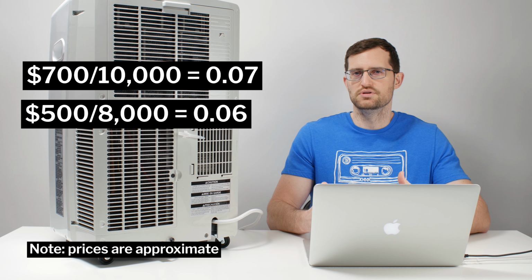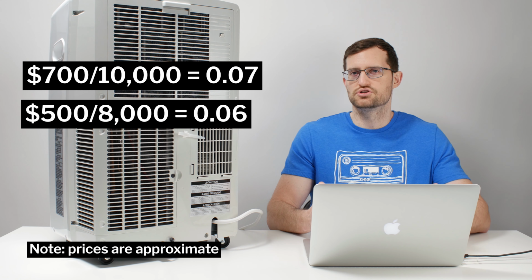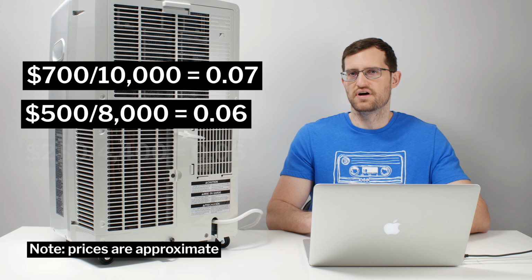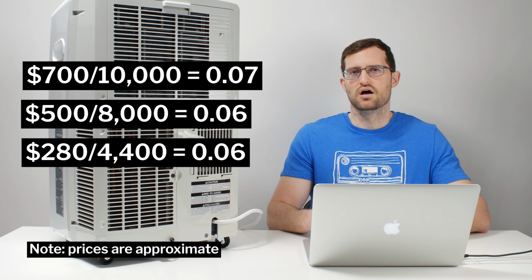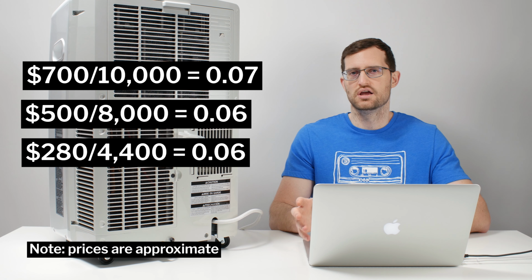For example, 8,000 BTU units tend to be much less expensive, maybe in the $300 range. Those units also have a much lower SAC. So when you do the ratio for those units, you find that they also have a ratio of maybe 5 cents, 6 cents, 7 cents per BTU. So now if you were to compare the actual value of an 8,000 BTU unit compared to a 14,000 BTU unit, you're not just comparing apples and oranges here. You can compare the actual price to BTU ratio of these different units.